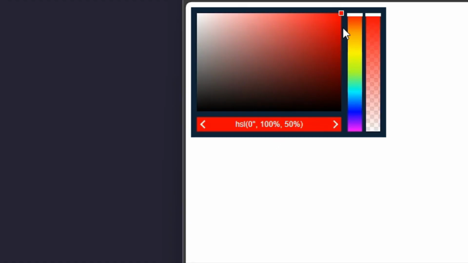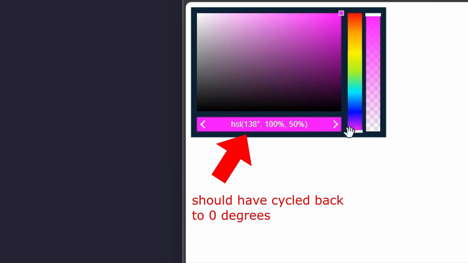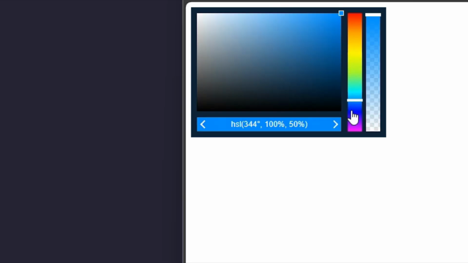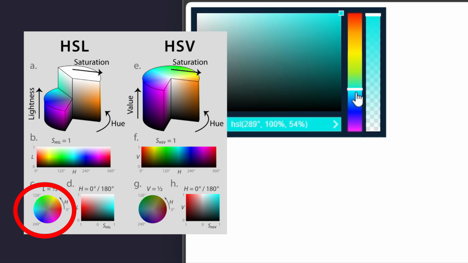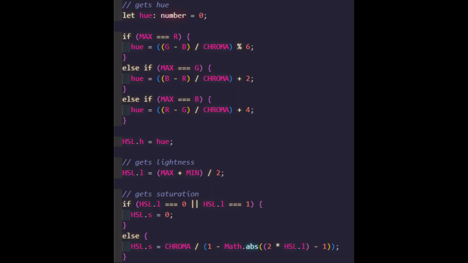When I tested the RGB to HSL conversion, I discovered two closely linked problems. The first one involved the hue gradient. I realized that the last hue should have been red because the hue part of HSL was an angle that does a full revolution. This meant that it was supposed to cycle back to red, which is at 0 degrees. The second problem involved my conversion formula. I forgot to multiply the hue by 60.